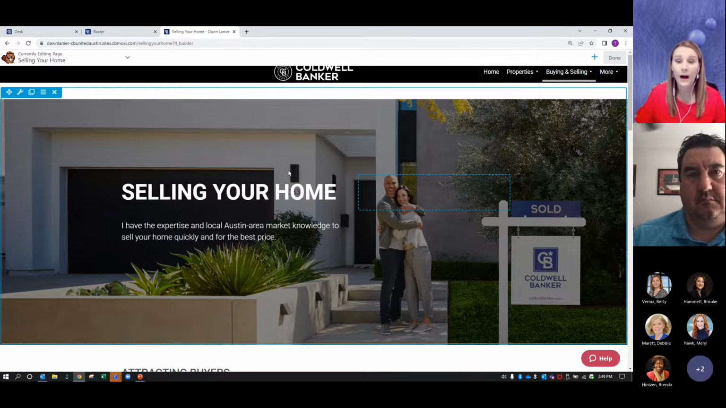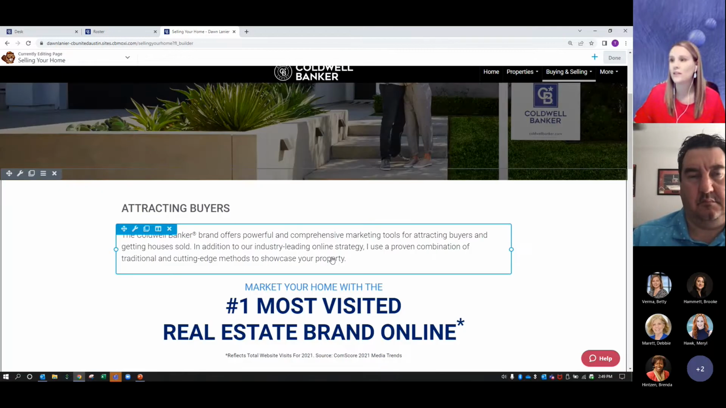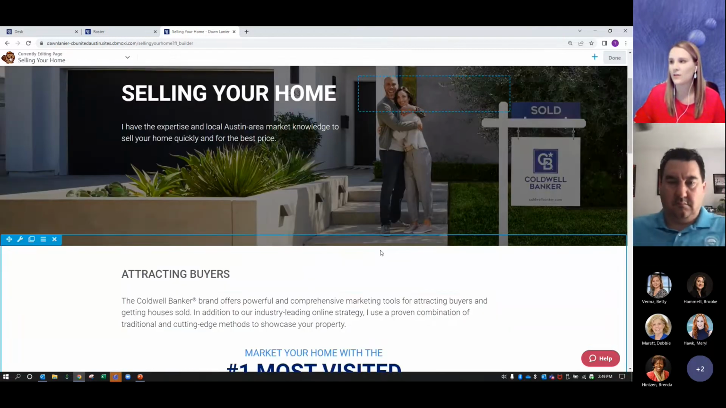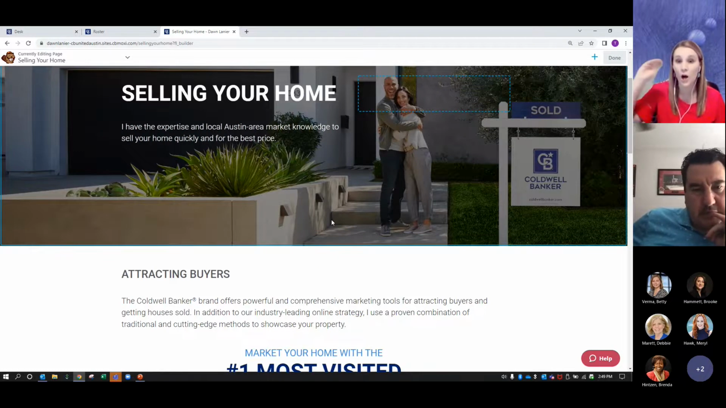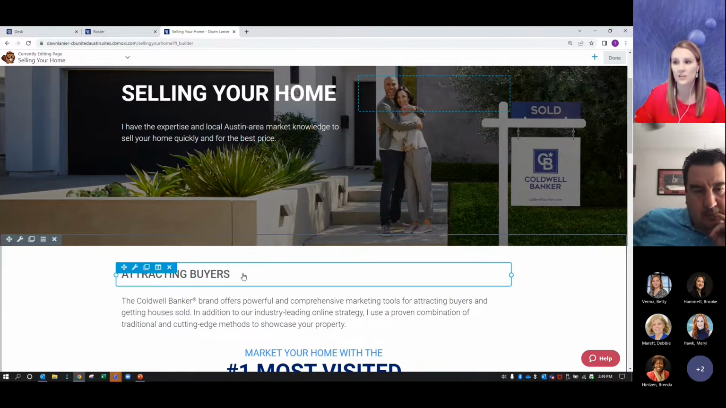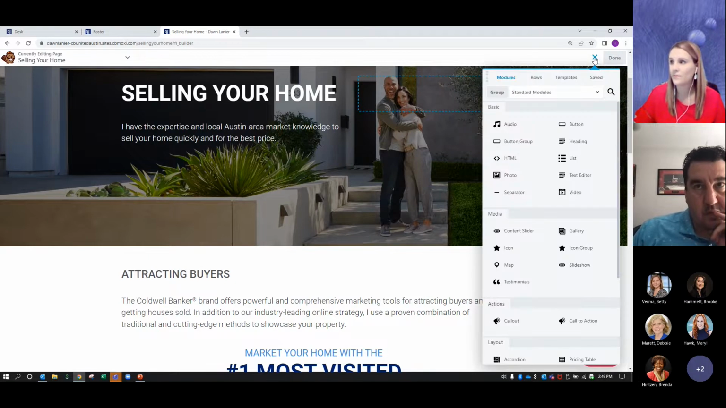But if you recall, I added the Listing Concierge section as a module, which is the perfect thing to add to a selling your home page, I think, right? So let's say I wanted it right here. I want to make sure I see exactly where I want it to go on my screen. I'm going to have it go between the top picture and this white section about attracting buyers. Okay. So now what I need to do is click this plus sign like we do every time to add something new. And this time under rows,